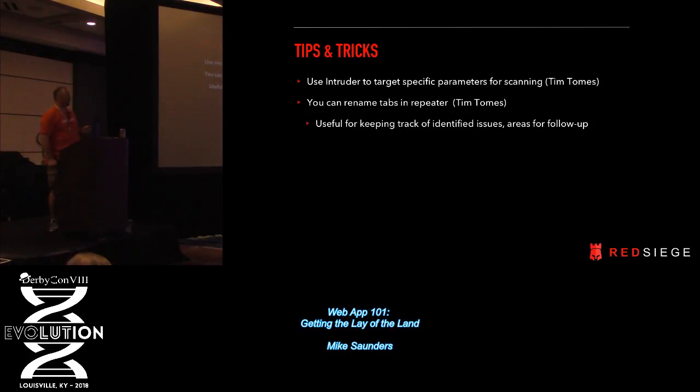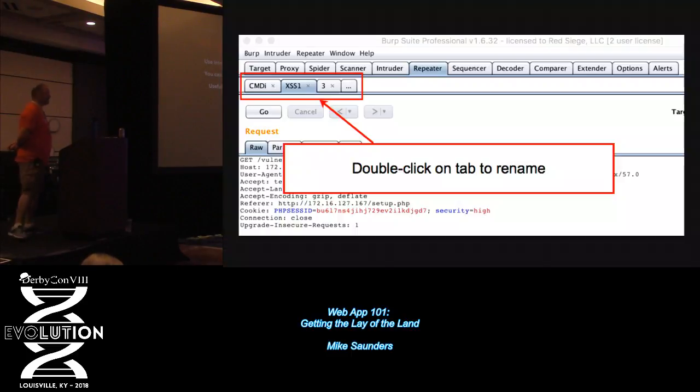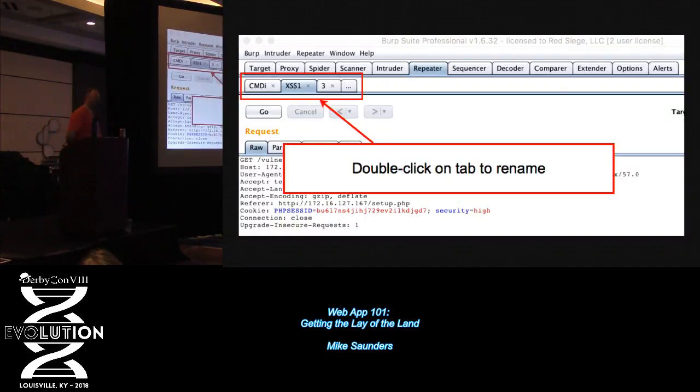Another tip, you can rename tabs in Burp, or in Repeater and in other Burp applications. How many knew that? How many knew that before Tim gave that talk last year? All right, one person. So not many people know that. It is magical. Because now, at the end of a test, I have hundreds of tabs sometimes of all the